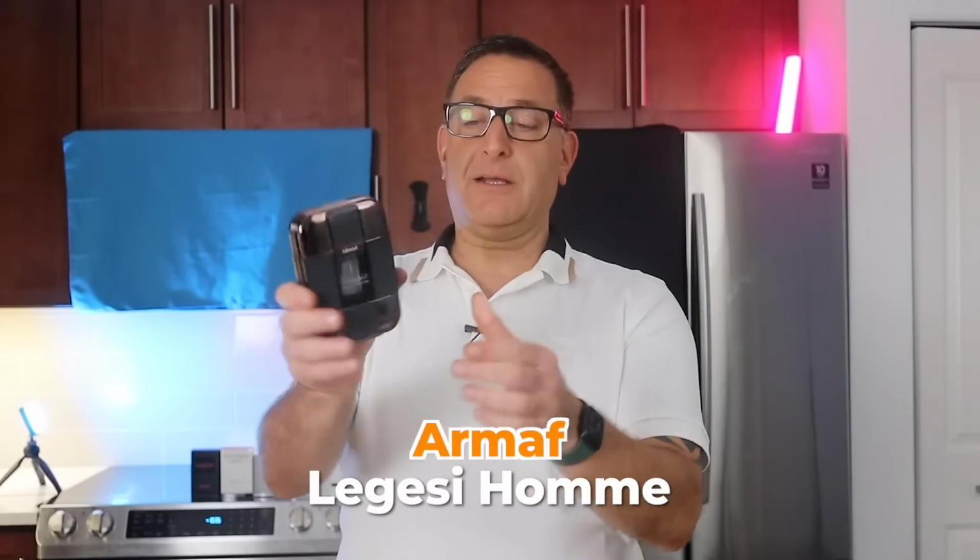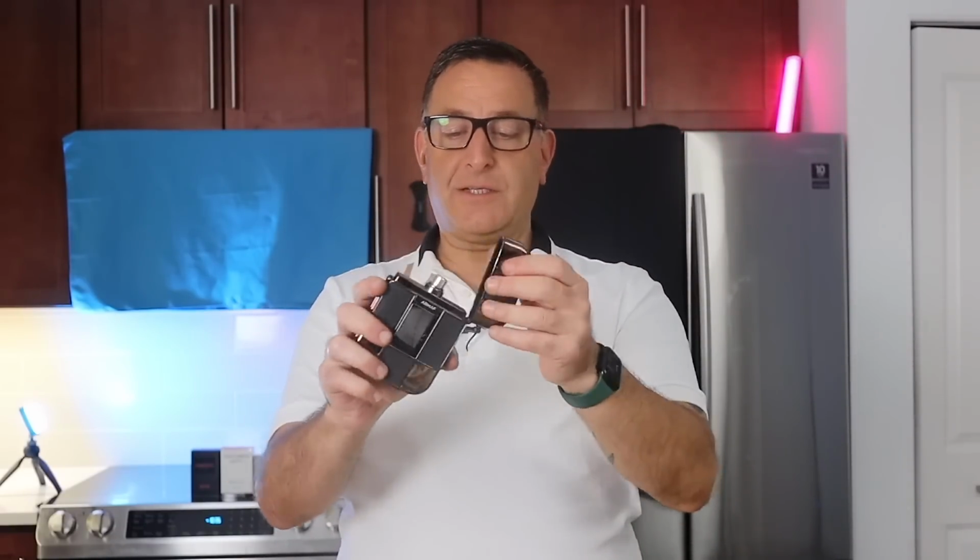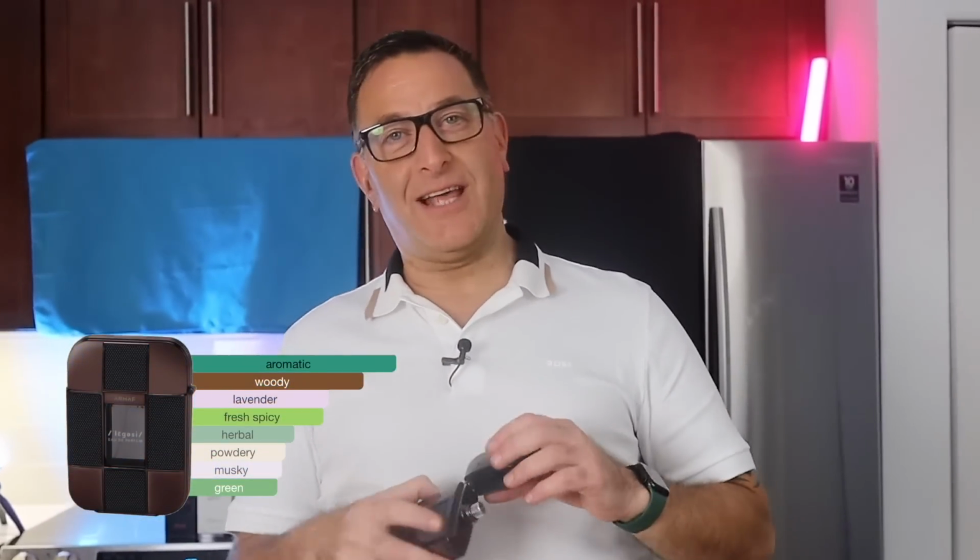Longevity's insane. It's called Legacy by RMF, but look at this. Is this magnetic? I don't know if I like the thing. I could break this off, it seems like. But the fragrance is the first time I've ever tried it. It's kind of jiggly. Eau de Parfum has rosemary, sage, and lavender, and smells just like... What does it smell like, guys? Like Platinum Egoiste by Chanel. The next one is called...